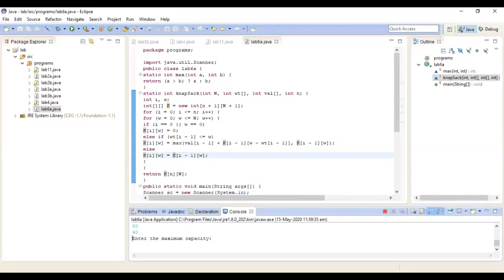And finally, I will set the maximum capacity to 12. So the maximum value that I can get is 80. The problem that we worked out using dynamic programming is solved here and it is giving me the answer. So this is about program